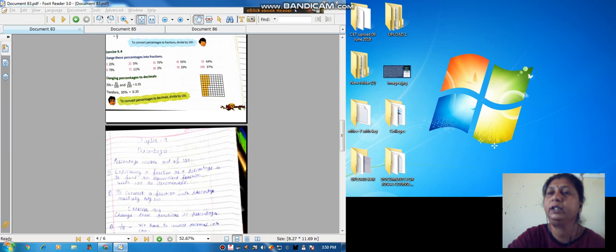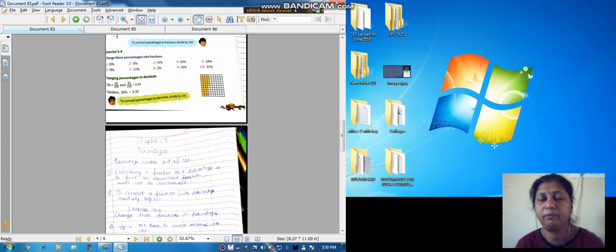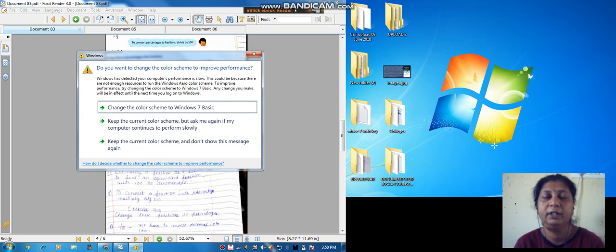One more thing, do you remember simplification of fractions? अगर न्यूमरेटर और डिनोमिनेटर को हम किसी एक नंबर से डिवाइड कर सकते हैं तो हम कर सकते हैं, so that we can easily form it into the simplest form of fraction. Suppose we have taken 5 upon 100. 5 और 100 को किससे डिवाइड कर सकते हैं? 5 से. 5 ones are 5, and 100 divided by 5 we get 20. So it is 1 upon 20.